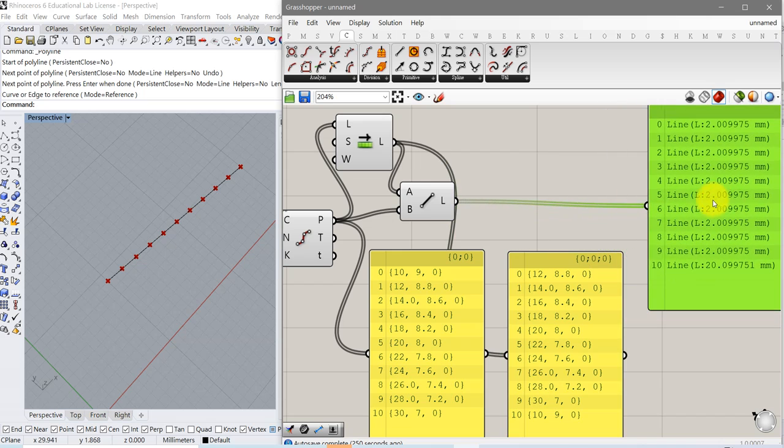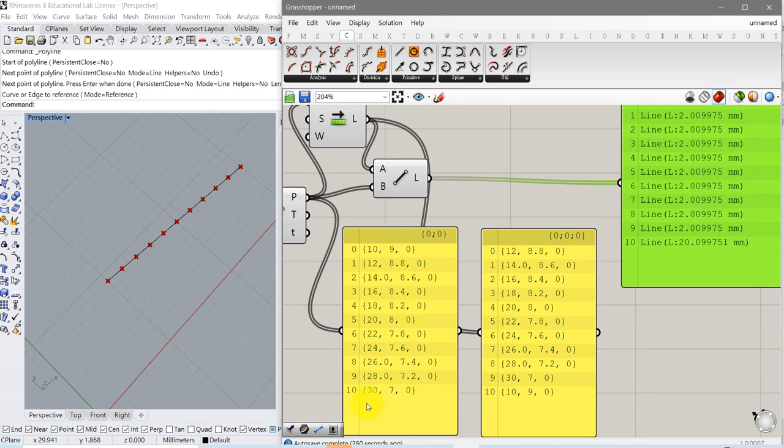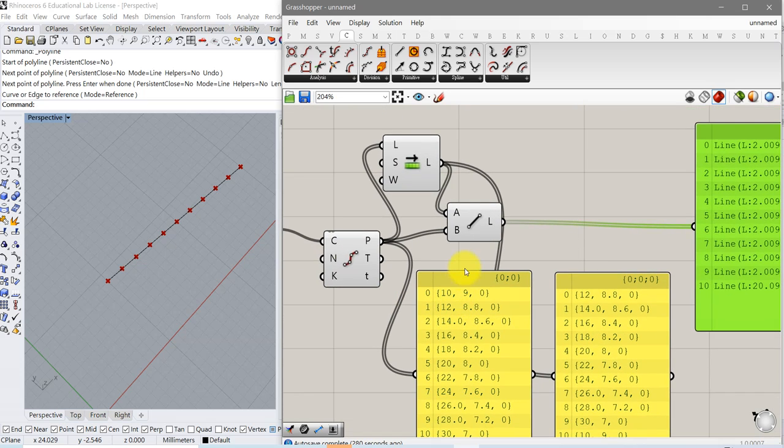But what happened to the last one? We connect this point to this point. But this point is indeed the starting point of the entire line. And this point is the last point. So the last line is the line itself, simply with the direction reversed. And this is not wanted, okay? And what we have to do is